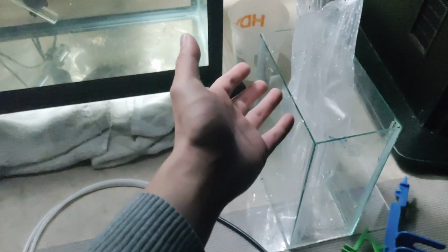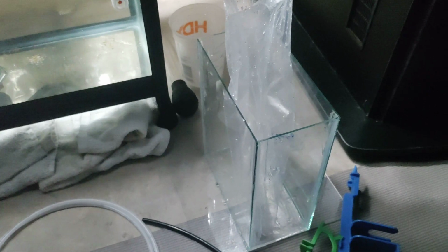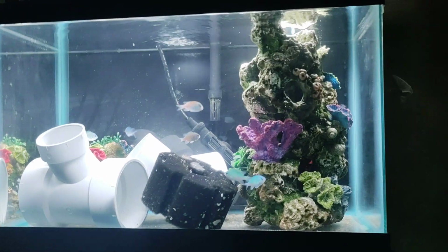Don't use the water in the bucket or the fish bag, because sometimes some viruses or some kind of parasite can be in the water. So definitely don't use the water. Don't mix it with your quarantine. Once you got that,